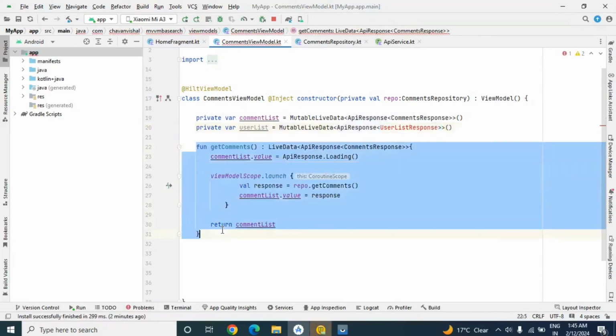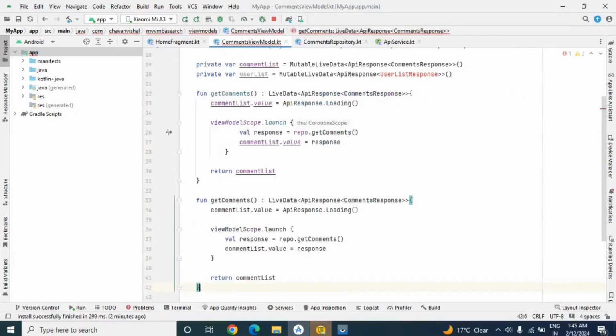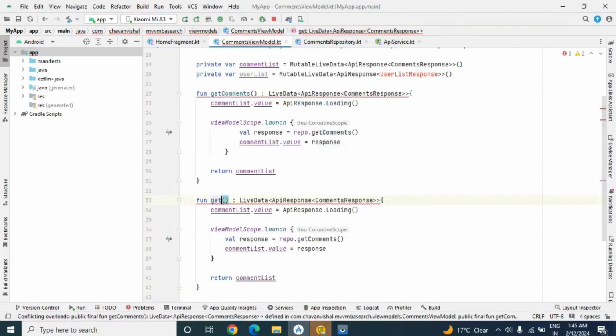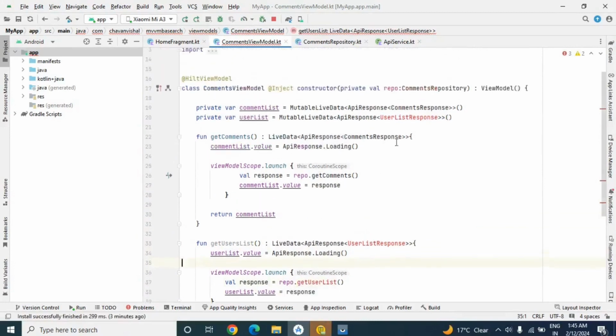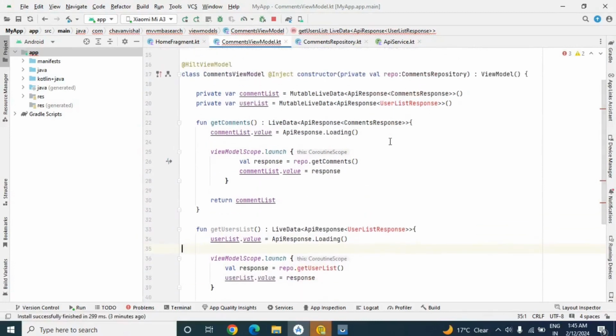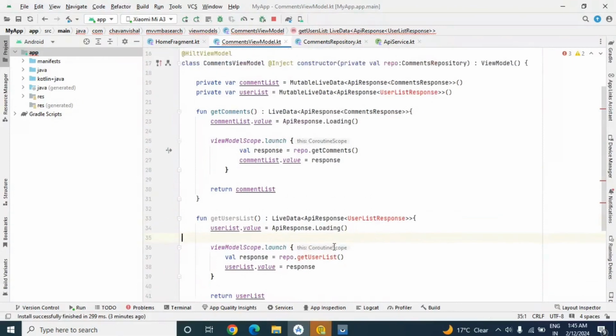Also we will create one more method over here like get users list, then this response we will pass here, and this user list. And here also we will call get user list from repo. Currently we are showing this red because we don't have these classes or methods in our project.